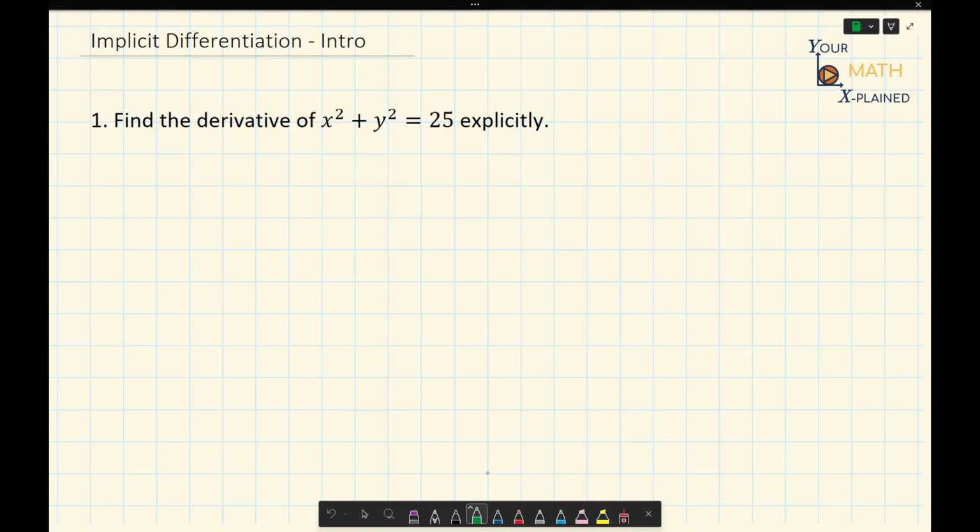Today, we're going to learn something called implicit differentiation. This is the tool that lets us find the slope of a curve when we can't, or don't want to,